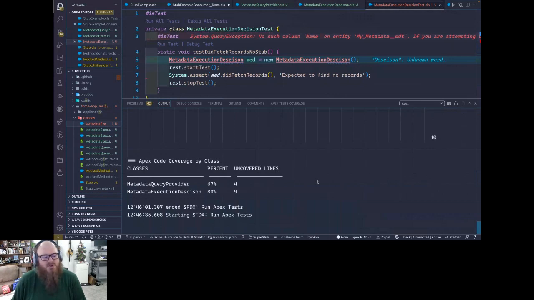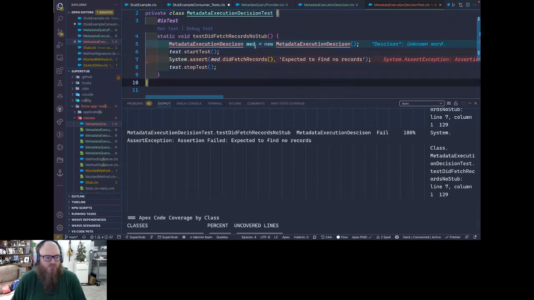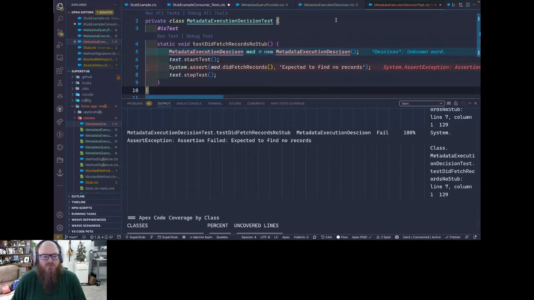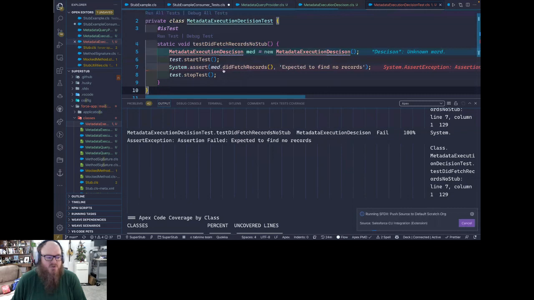Let's expect it to find no records. Yeah, that's an assertion, right? So it would be like true, right? So it comes back as false, right? Did I write it that way? Let's look at this. Return results is greater than 0, so it should return false. Wow. And you're right. That is the inverse of what I want. So this should be